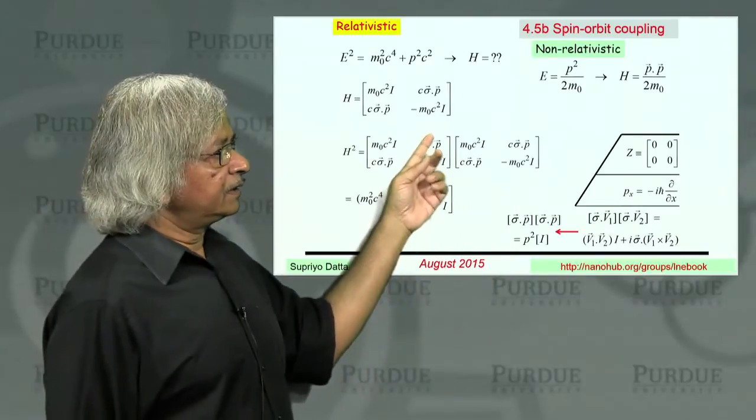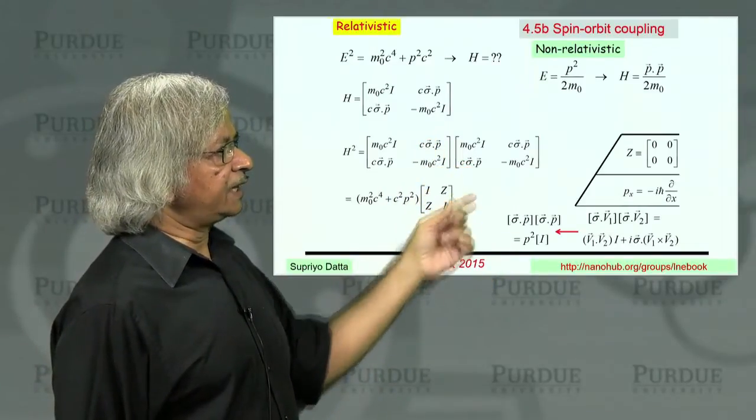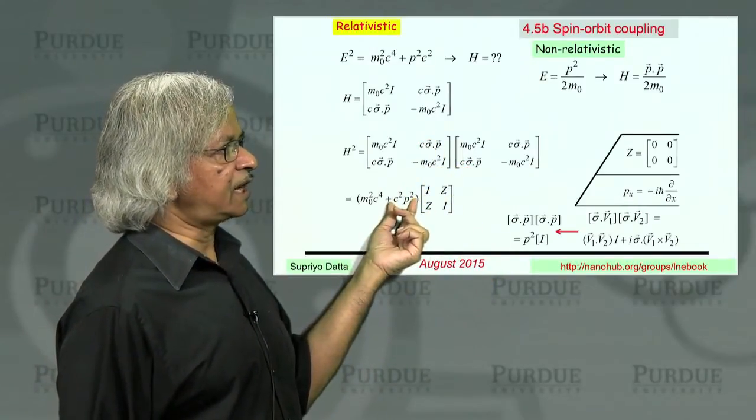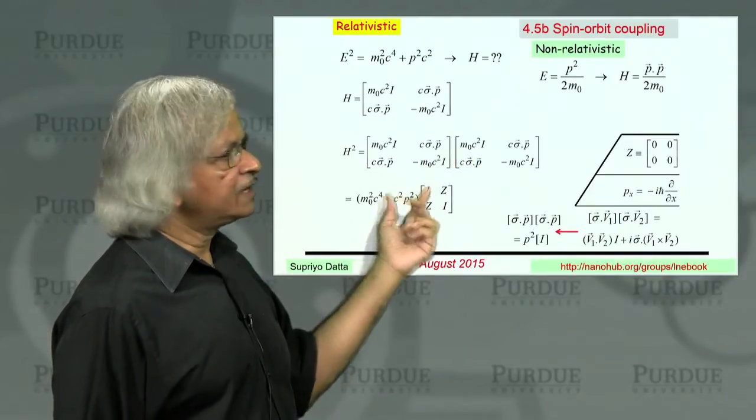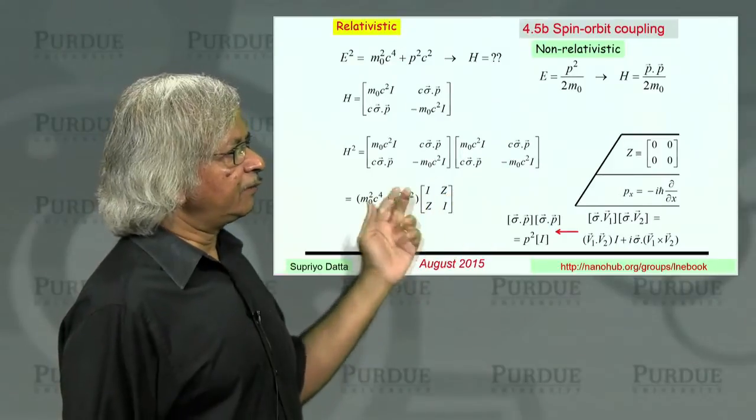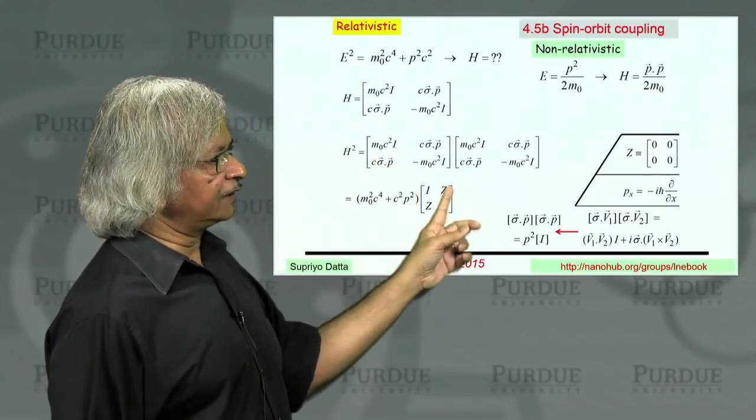So this times this becomes c square p square times I, and it adds up and gives you that quantity times I. Same with the 2,2 element,